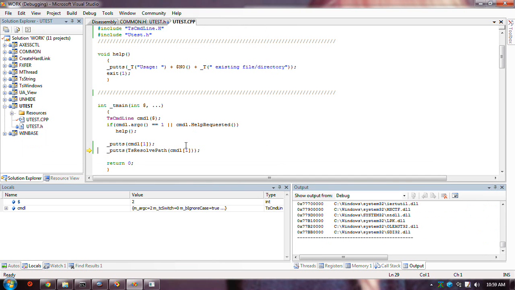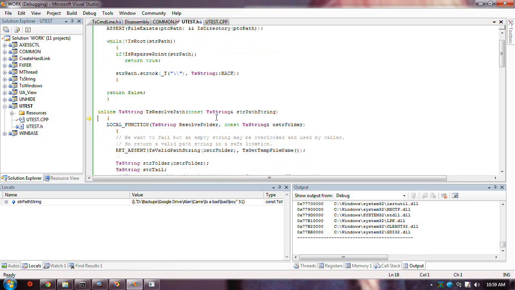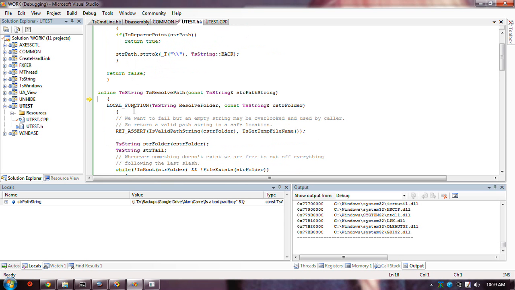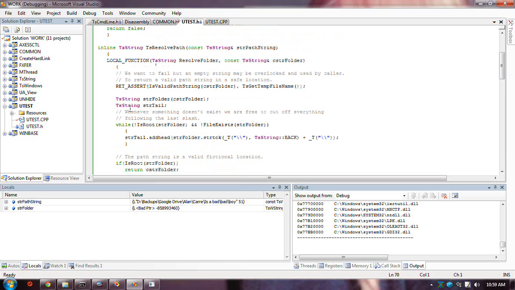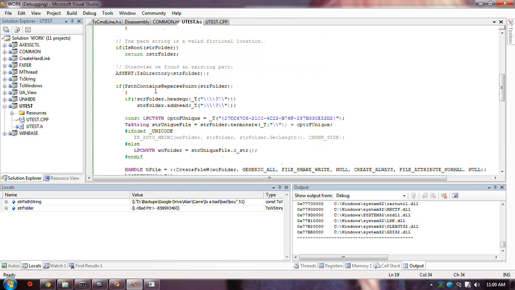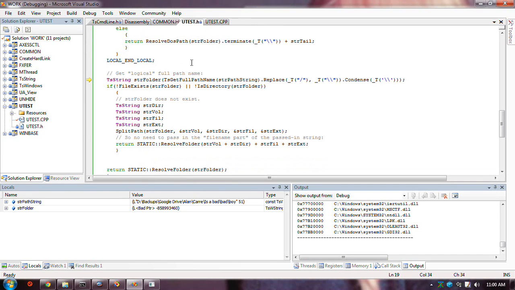I put it in the header file. Okay, now this is not going to execute. This is a function declared and defined locally. I have a macro here. All this does is declare a struct and a static function, this name in the struct. So that means you can have a function inside your function. So the first thing I do is, in case it's a relative path string, I use this here. So we could try that, a relative path.